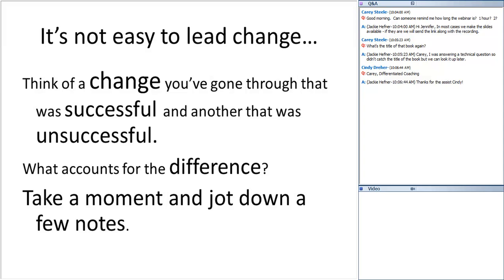But what accounted for the difference? In other words, what made you succeed in some moments where in other moments you were not successful? So take just a moment. I want you to jot down a few notes. What do you need to make change work for you?